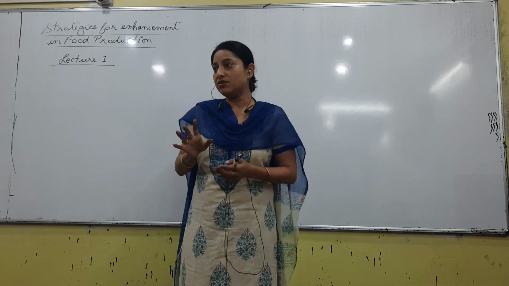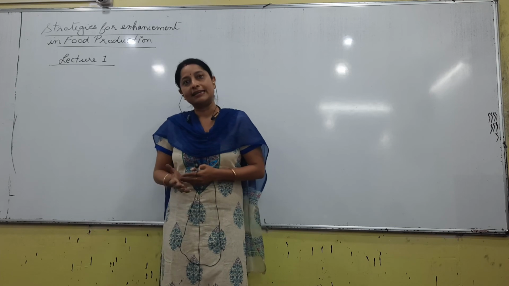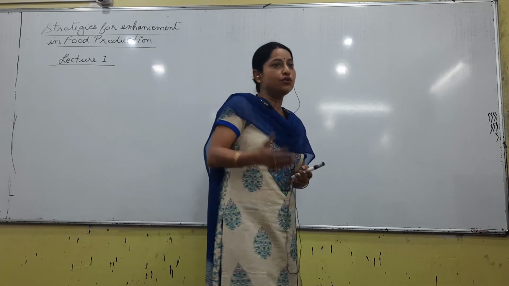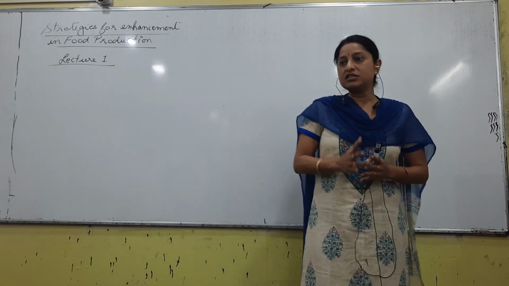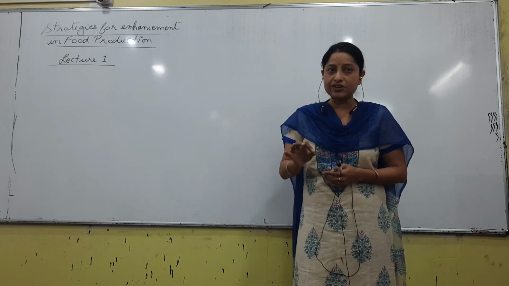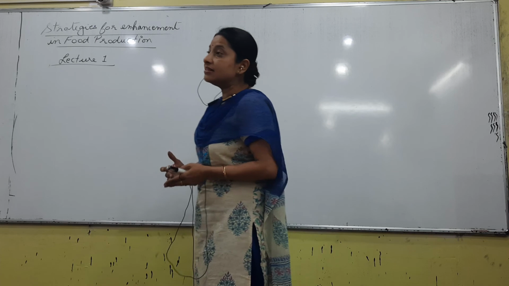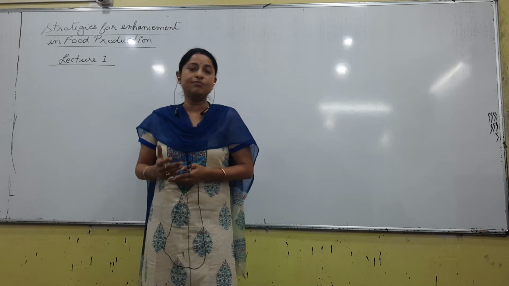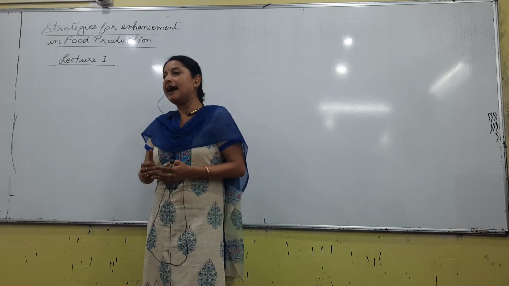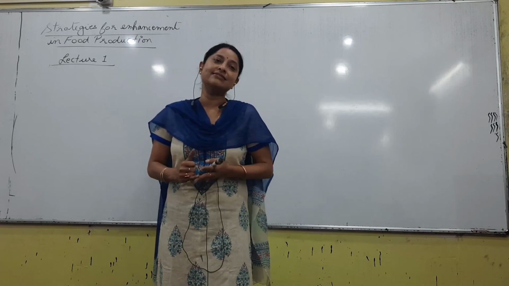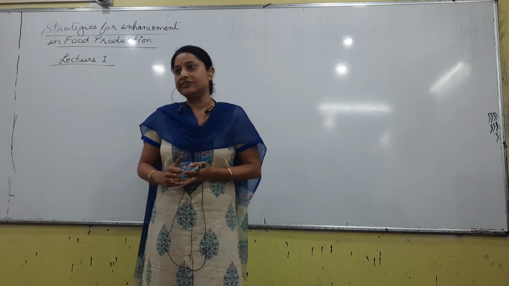If everything is all right, then we can obviously release it to the market, right? So these are the 4 steps of how you will go for plant breeding. So exactly what is plant breeding? It is the changing of a trait of a plant. Why do you do plant breeding? To get a desired plant. What is a desired plant? A desired plant might have characteristics like high yield, disease resistance and resistance to adverse environmental conditions, right?